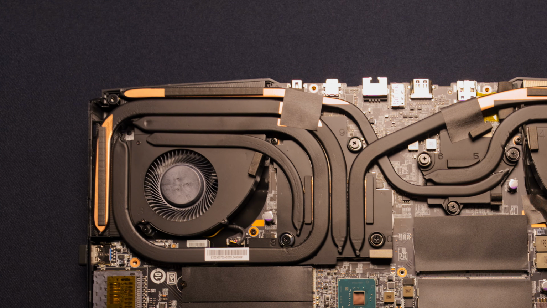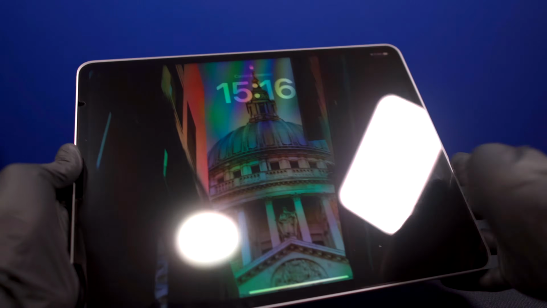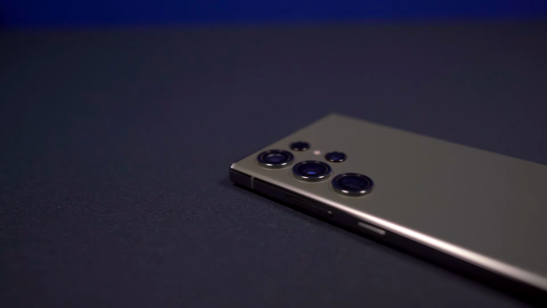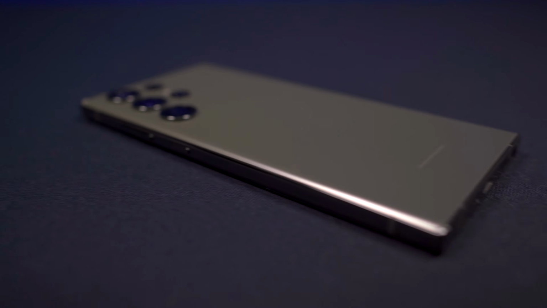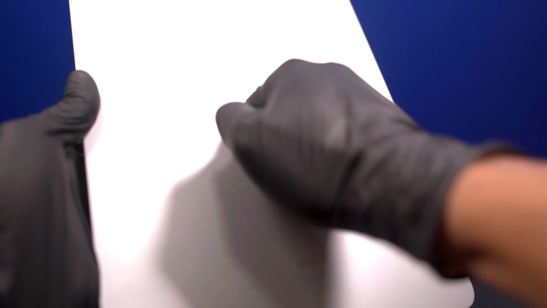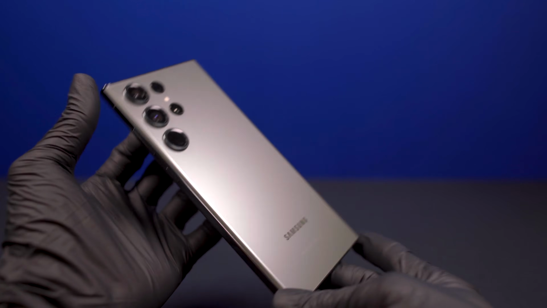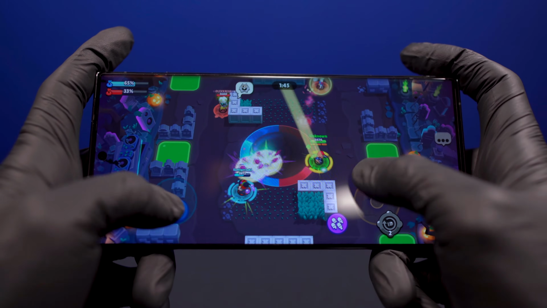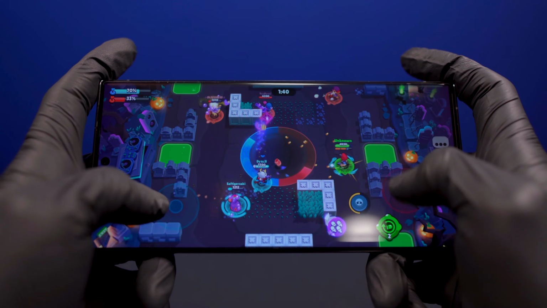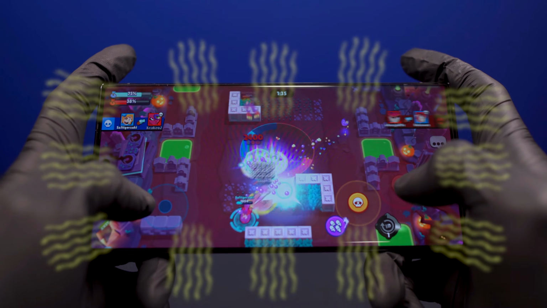The other type of cooling is called passive cooling, and it doesn't need fans. This is the cooling that is used in tablets and smartphones, and it lets the heat get transferred naturally. So instead of putting a fan, the device is made of materials that easily transfer heat from computing units to the outside. And this is why the entire phone gets warm when gaming. Some of the heat gets transferred to the air and some of it to your hands.